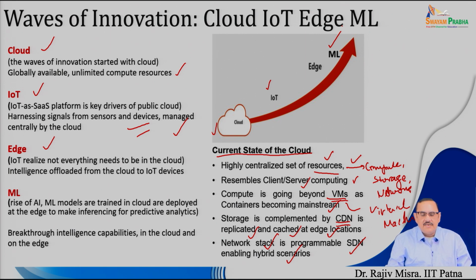Now, the question is, if machine learning can happen close to the IoT device, then there is no need of sending all the IoT data to the cloud, thereby giving birth to edge computing. So, this wave of innovation in the cloud, due to the enormous requirements by the industries in the form of IoT applications, raises the question: why should everything be done in the cloud, why not do it outside of the cloud, very close to the IoT devices? And therefore, billions and more of devices can be supported in this particular manner.